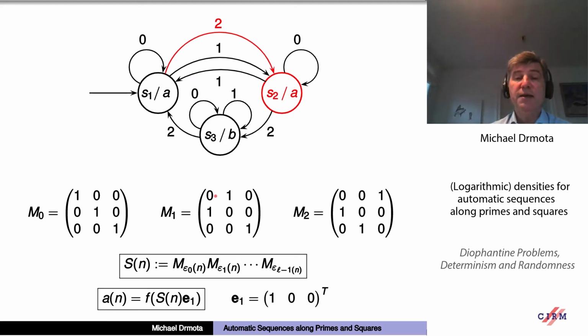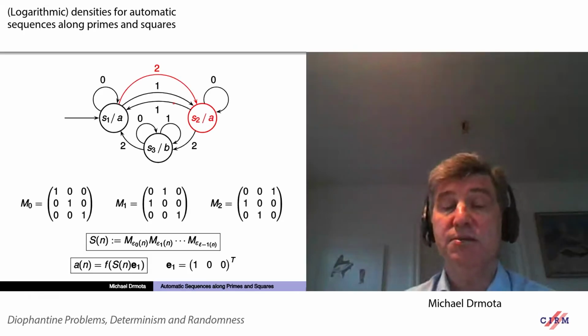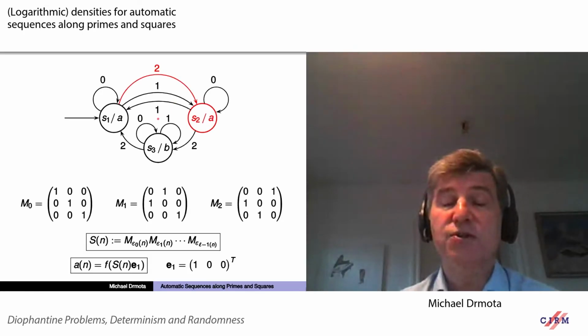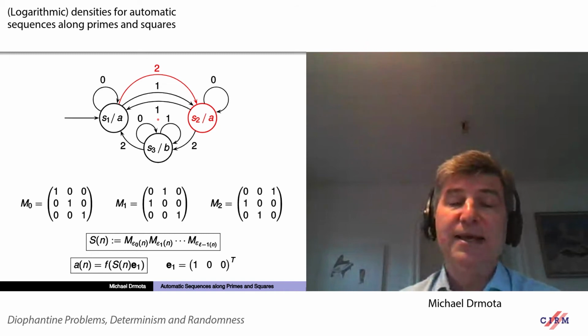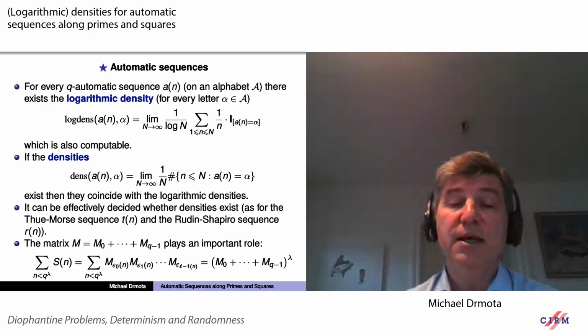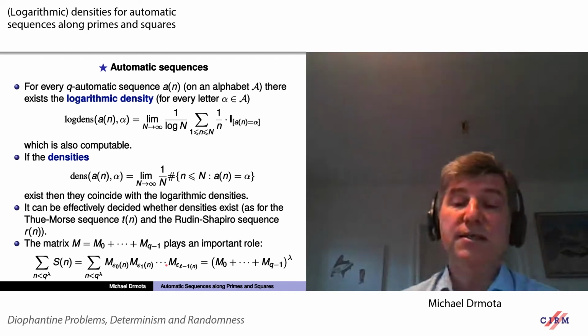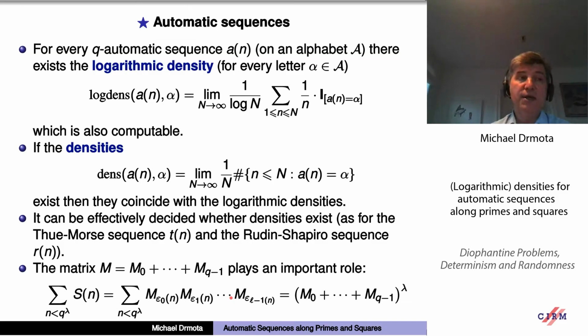And if this graph that corresponds to the sum of these matrices, so you take all possible transitions into account, is strongly connected,